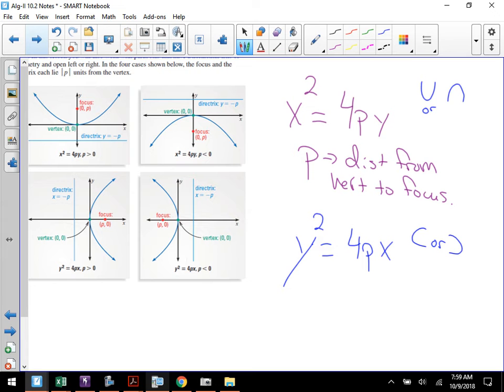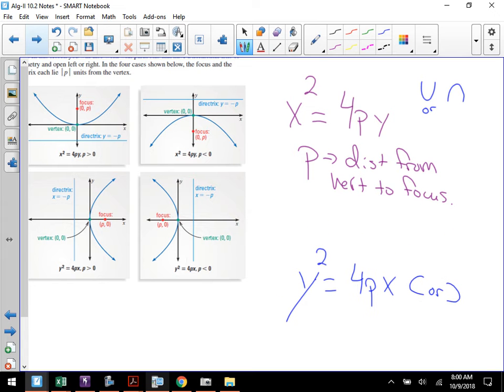When we get into the actual equations and how things get placed, how you write it out, and how you find the equation for the directrix, it's super simple. Yes, ma'am? If p is the distance from the vertex to the focus, the opposite of p would be the distance from the vertex to the directrix. Yep. So the opposite of p is the distance